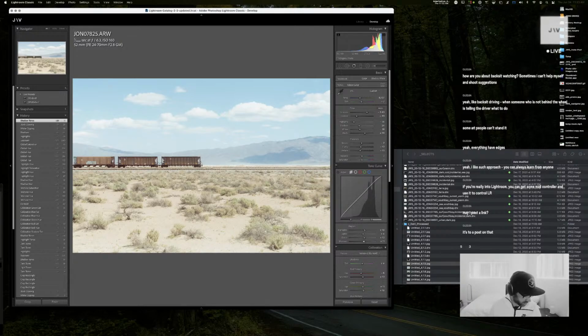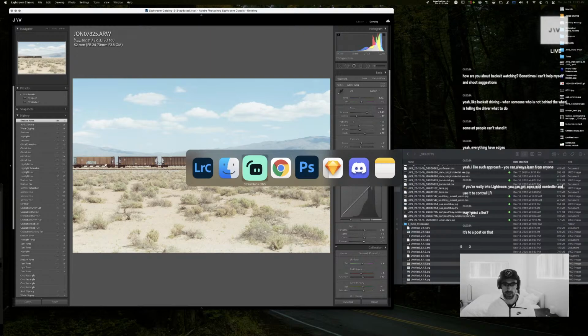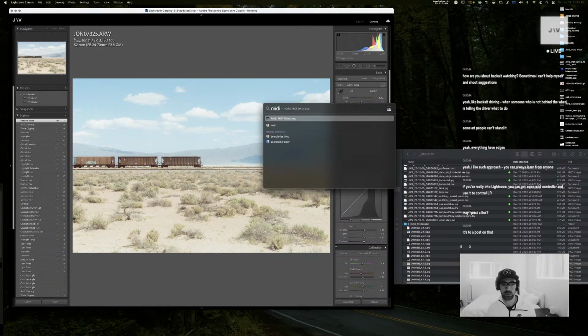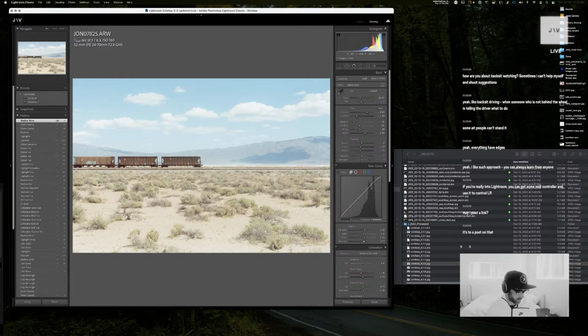If you run Lightroom, you can get some MIDI controller and use it to control Lightroom. Yeah, actually, I have. What is it? MK. What is it? I think it might be open still. Is it MK? Lightroom. I had it. I think it's